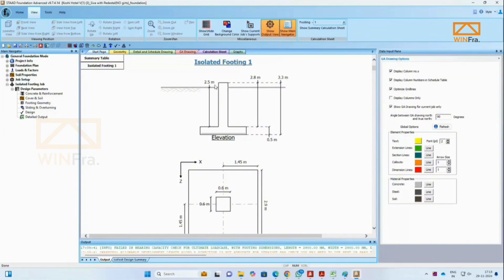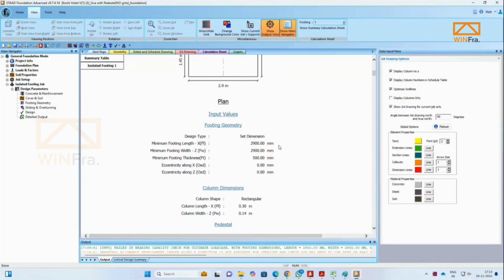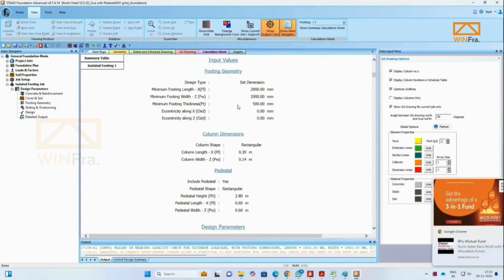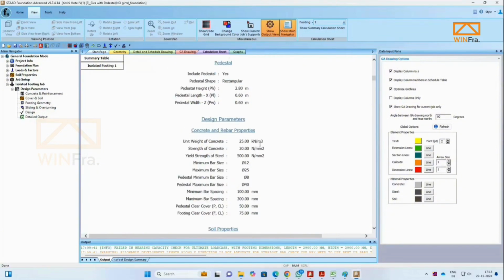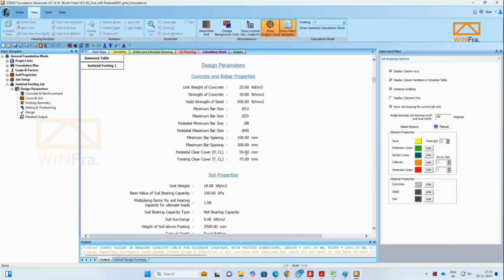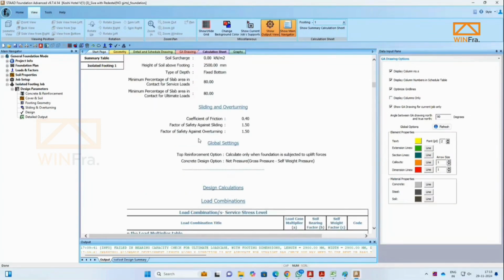And here you can see 2.5 meter will be the pedestal height from the top of the slab, foundation slab. And then there will be 300 mm projection from NGL to the top. So here we will show all the input values that you have provided for the footings: footing geometry, column dimensions, pedestals, then design parameters that you have provided, soil properties, concrete, rebars, and sliding, overturning, and it will also show